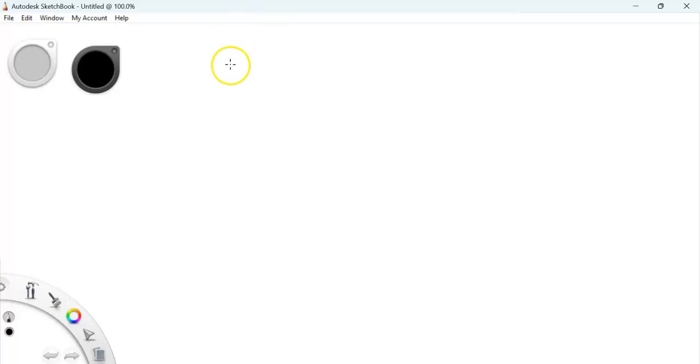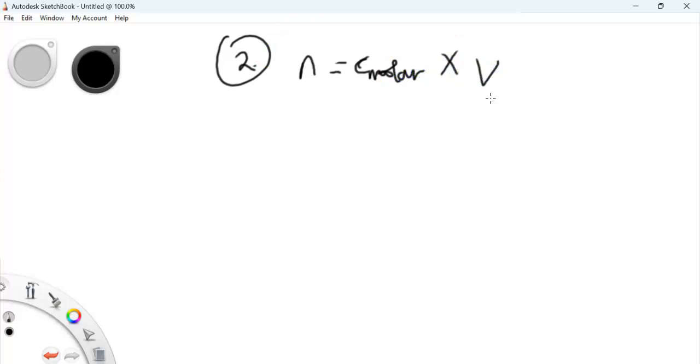Remember, our second basic formula is N is equal to C molar times V. And I see that in any situation whereby in the question your volume